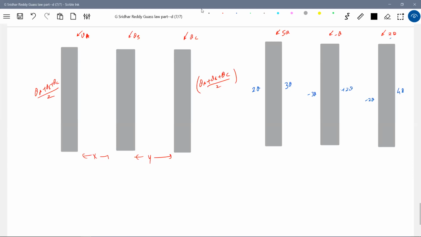Something went wrong. What went wrong? The formula we didn't use. This will in fact be 3q. This will be 2q. Check it. So minus 2q. This will be plus q. This will be minus q. This will be 3q.